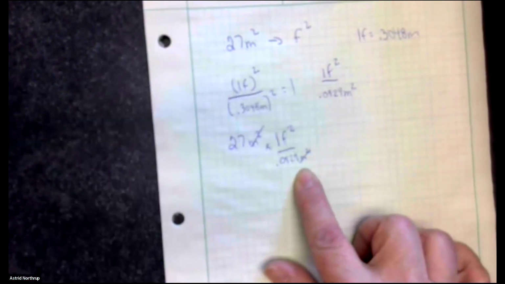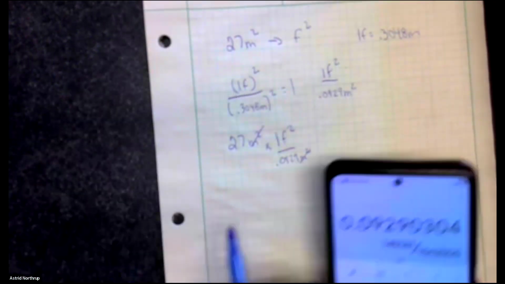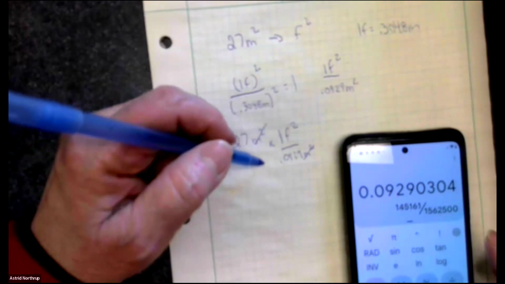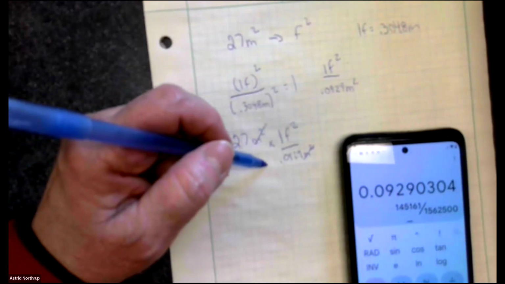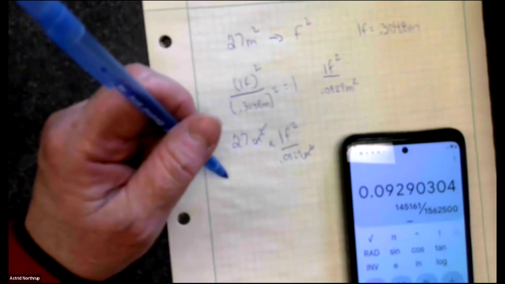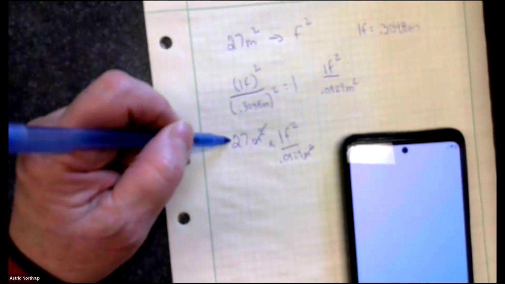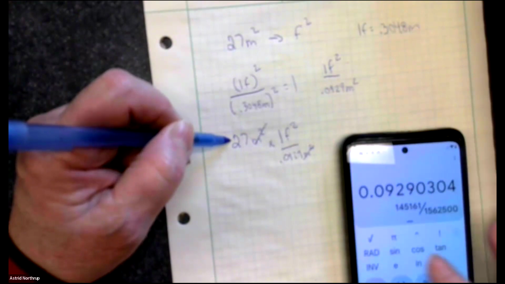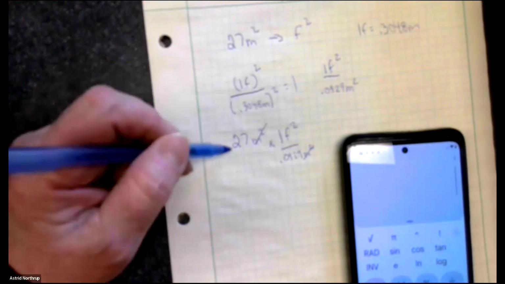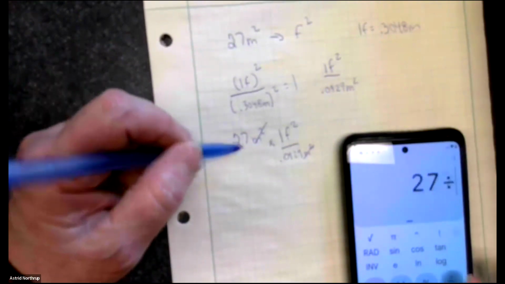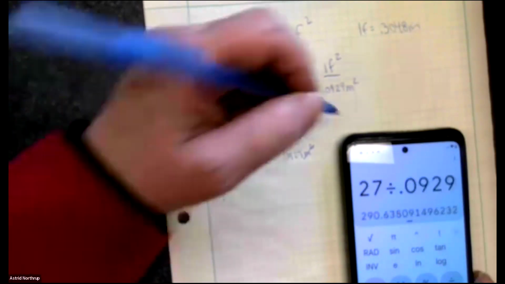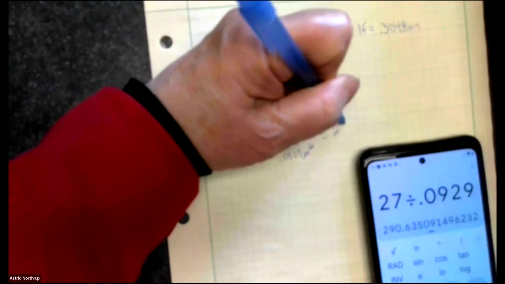So I take 27 and divide it by 0.0929. I might have a reciprocal key here. Yeah, I don't. All right, that's okay. So clear. So I take 27, divide by 0.0929, and the answer is